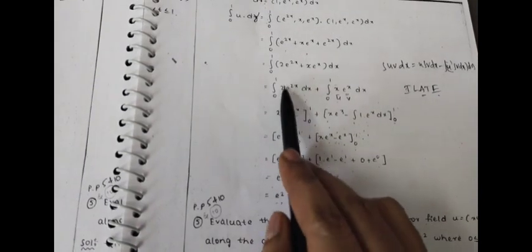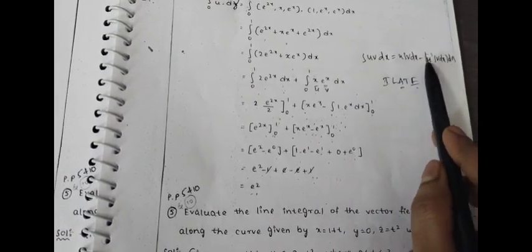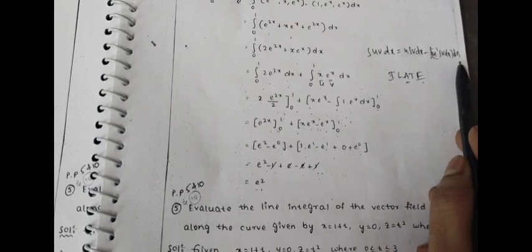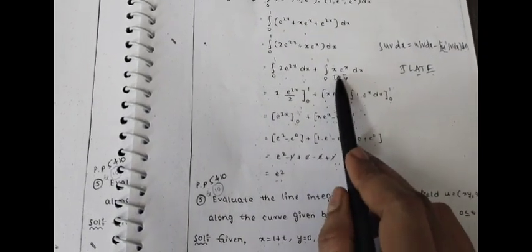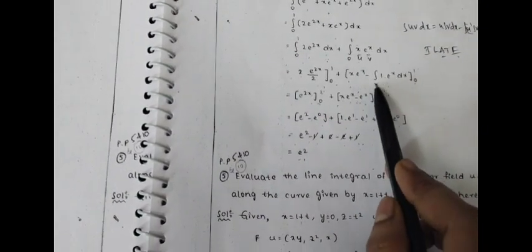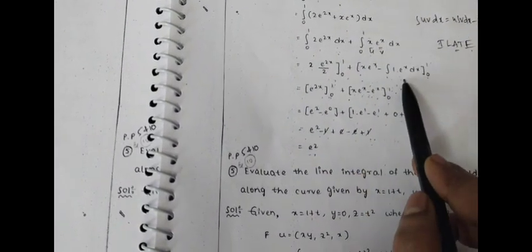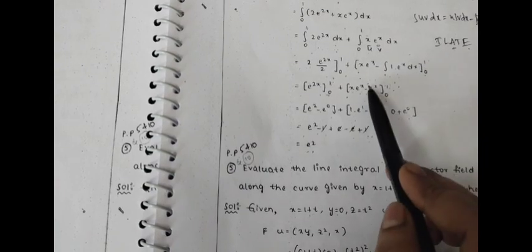See here, 2 take it as it is, the integration of e power 2x is e power 2x by 2. Again for the product u into v, by using the ILATE formula, what do you need to do? ILATE: algebraic first, exponential next. So this is taken as u and this is taken as v. The integration formula for u v is u times the integration of v dx, minus the integration of u dash times the integration of v, whole dx. So by substituting, u is x into the integration of v, that is the integration of e power x is e power x, minus the integration of u dash, the derivative of x is 1 here, and the integration of e power x is e power x. Again the integration of e power x dx is e power x.